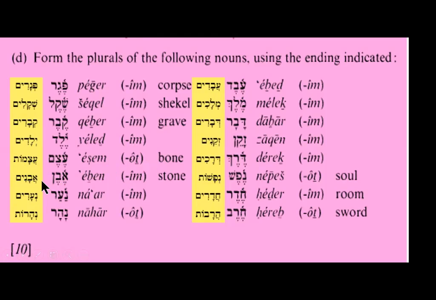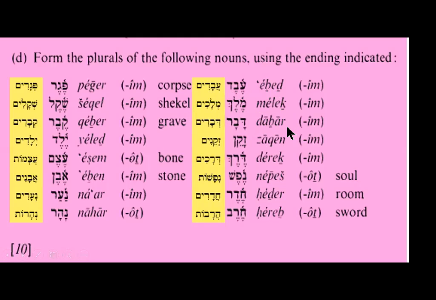etzemot. Okay, the word for stone is even, so the plural is going to be avanim. Na'ar is the word for a youth or a young man, plural is going to be ne'arim. Okay, river is nahar, the plural for rivers is going to be naharot. Perfect. Naharot. Okay, this is eved, the one that's going to be a little bit different. Instead of eved for a servant or for a slave, this could be avadim. Okay, for servant. Okay, the word melech is for king, so the plural is